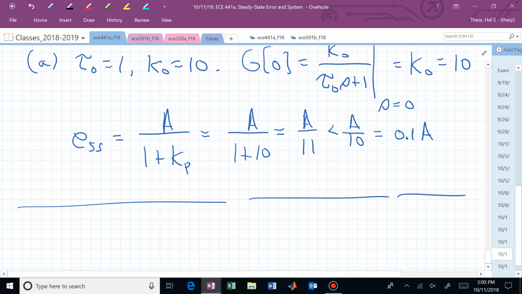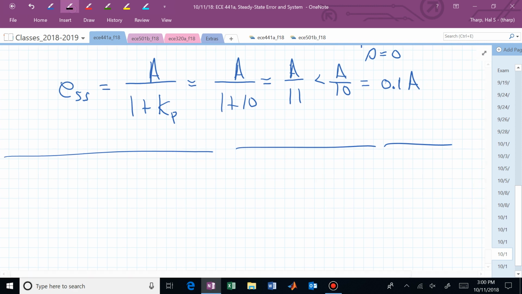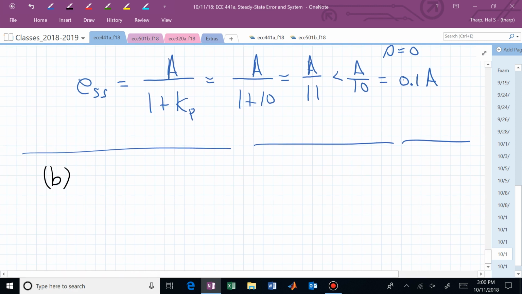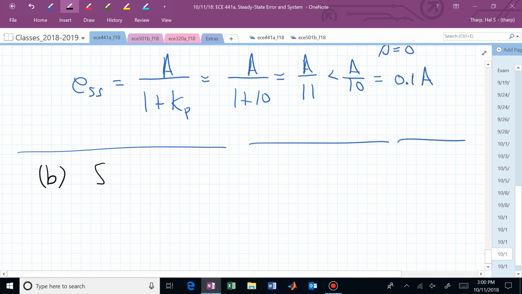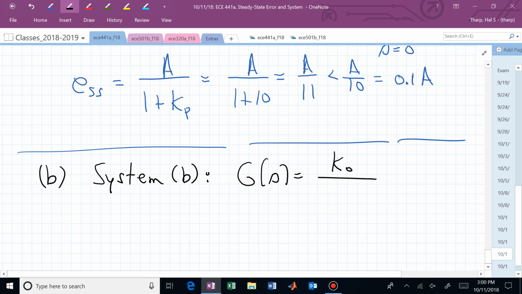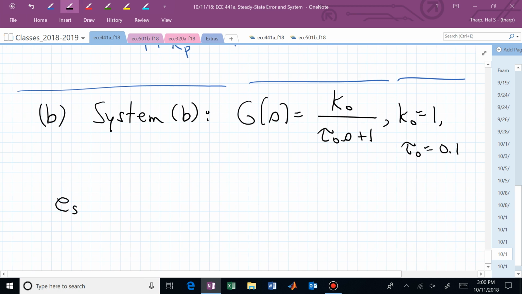y of s. So now let's look at system B that we've looked at before, and system B now is simply G of s, the same structure that we had for A, but now we have a k sub 0 equal to 1 and a tau sub 0, our time constant, is 1/10. All of the formulas are going to be the same structurally,